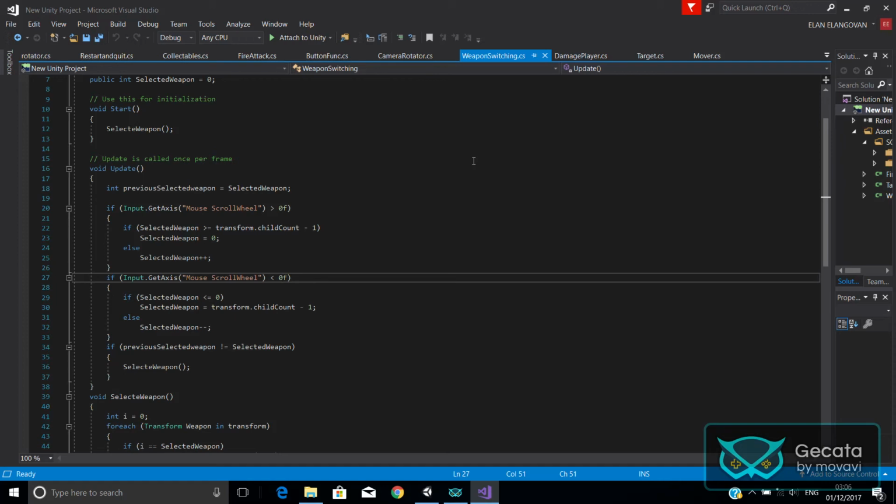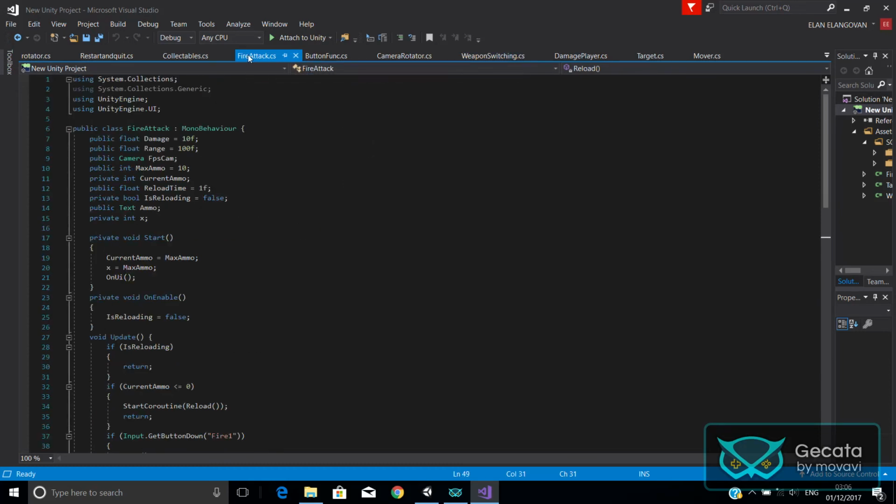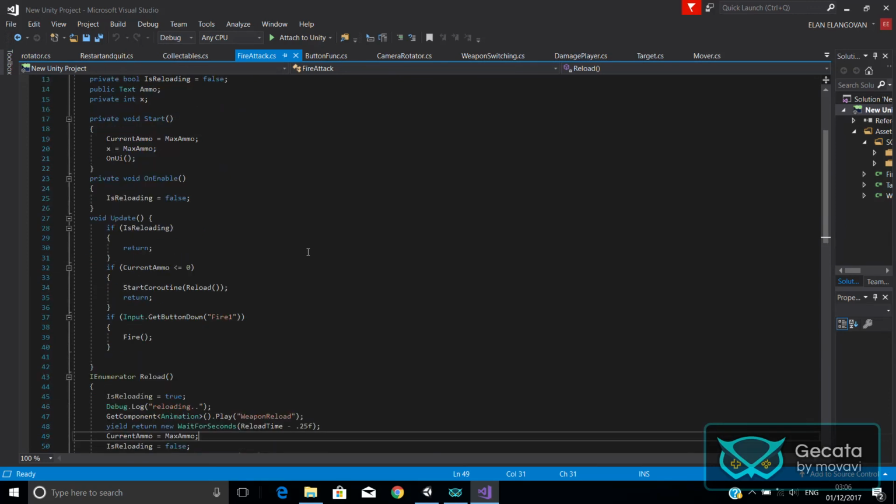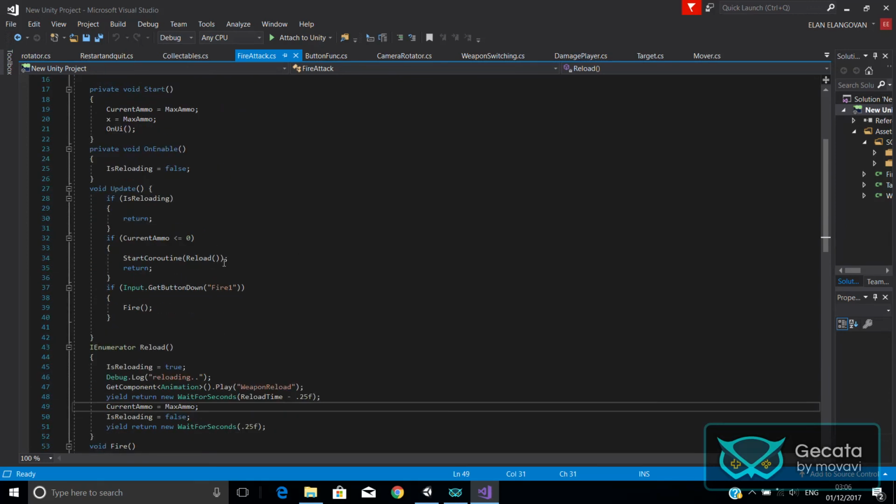All I have to do is just add the weapon to the game object, and I can switch it just by scrolling my mouse wheel. And after switching the weapon, I need it to fire. For this I used IEnumerator, and also for reloading I used the IEnumerator and the coroutine function. IEnumerator is an interface which when implemented allows you to iterate through a list of collections. So to implement IEnumerator, we need to provide two methods. Here I have provided reload and start coroutine,